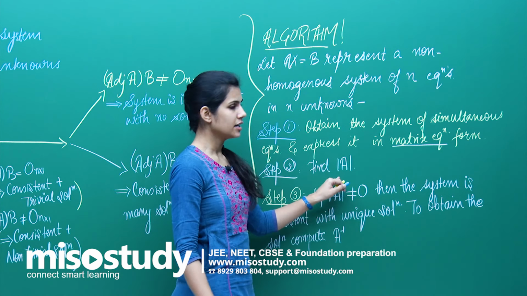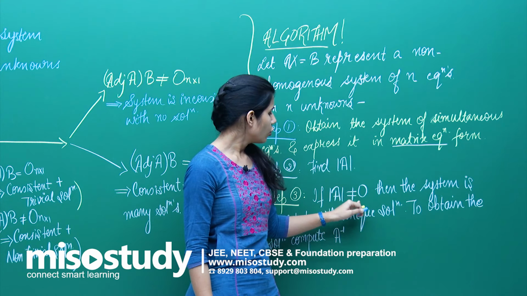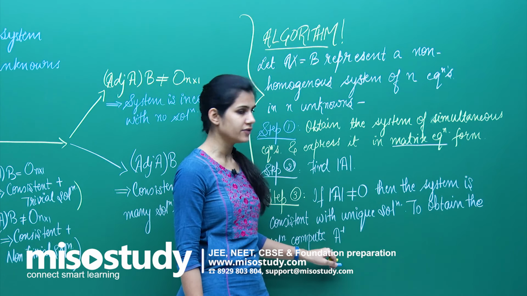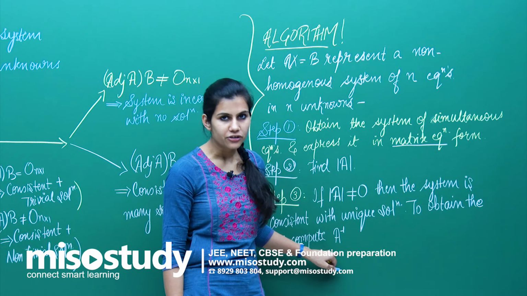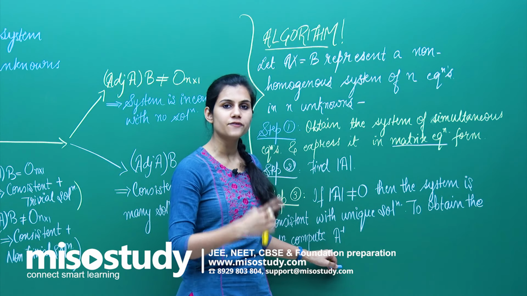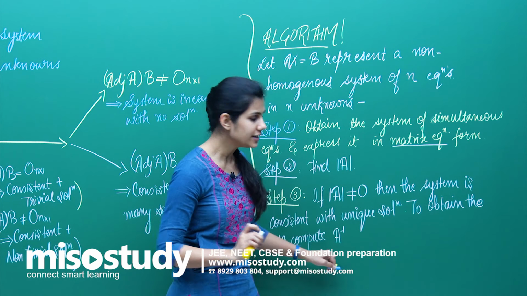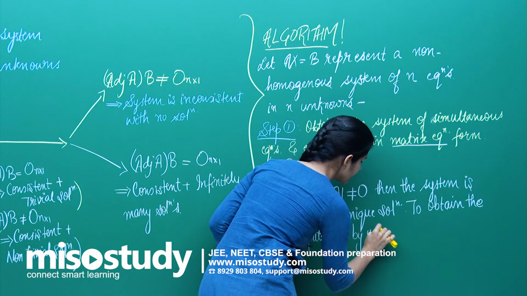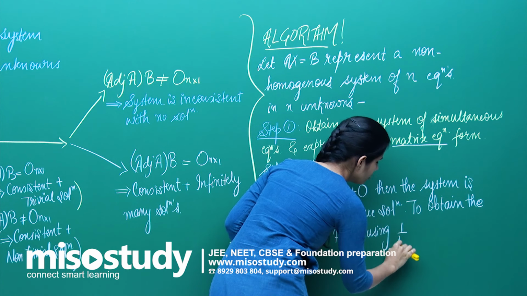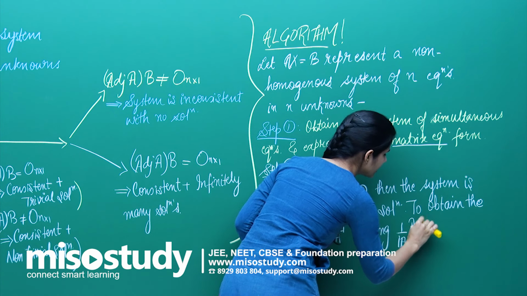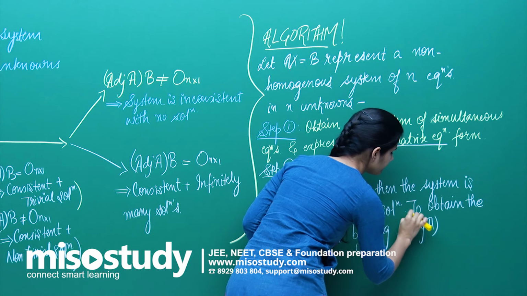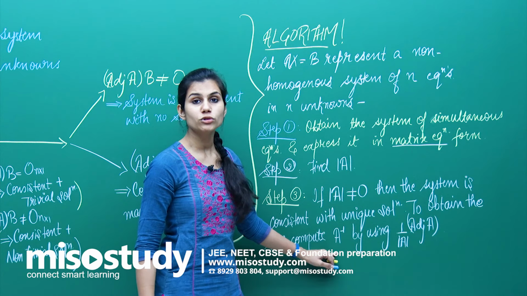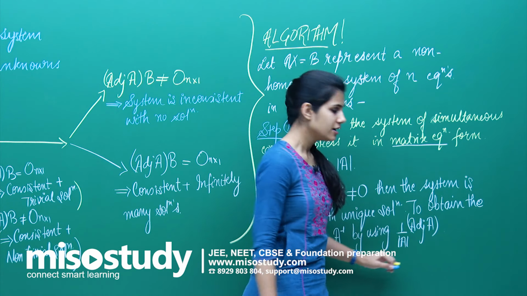Now A is a square matrix of order n whose determinant is not equal to 0, that means A is non-singular, which means A inverse exists. Such matrices' inverse, we know how to find. So compute A inverse by using 1 upon determinant of A times adjoint of A. That is what you have to do. The first thing that you have to do is compute A inverse by using this formula, and